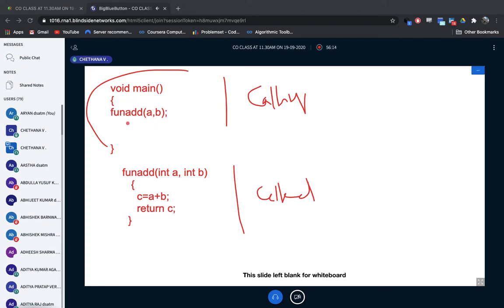Instead of main doing the work, it will allocate its task to somebody else. In another way, a very big task will be divided into n number of subtasks, or subroutines. The task is very big, so I'm going to divide it into small ones.